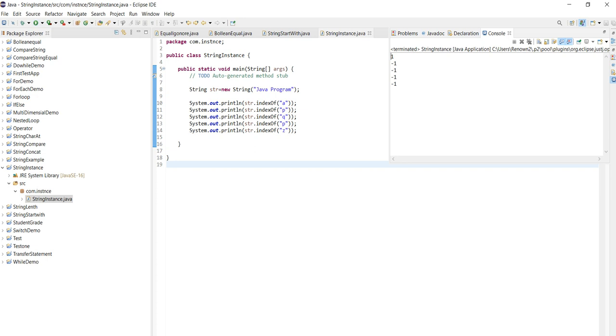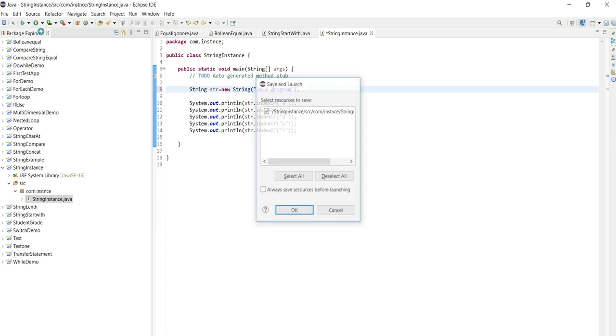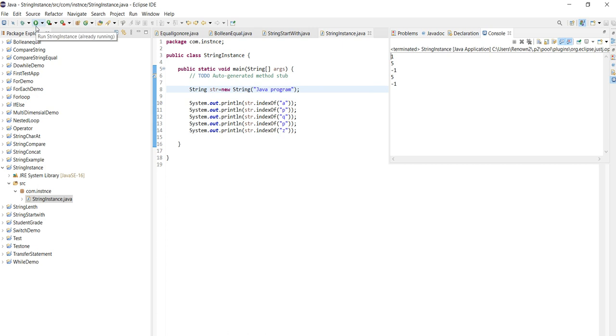It is minus 1 here because it's a capital P here. Now we can run this. See, it is giving index of this as 5, because initially it's a capital and then a small letter.